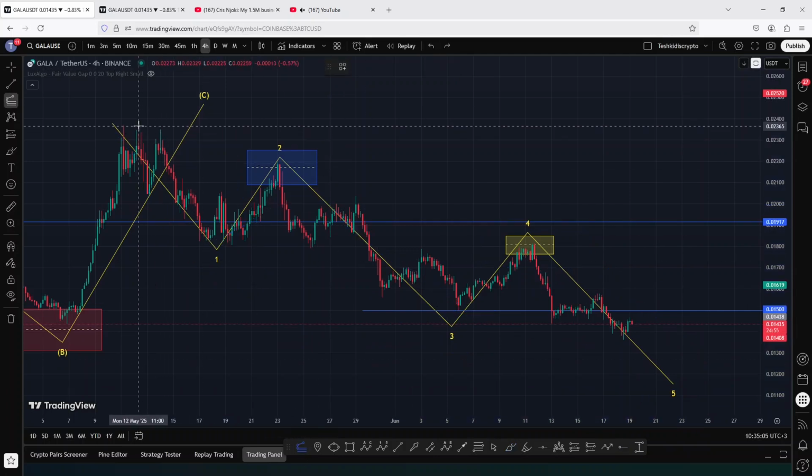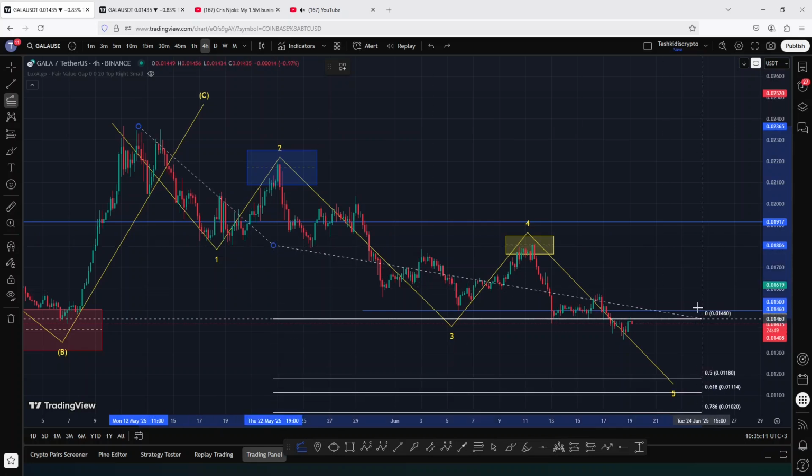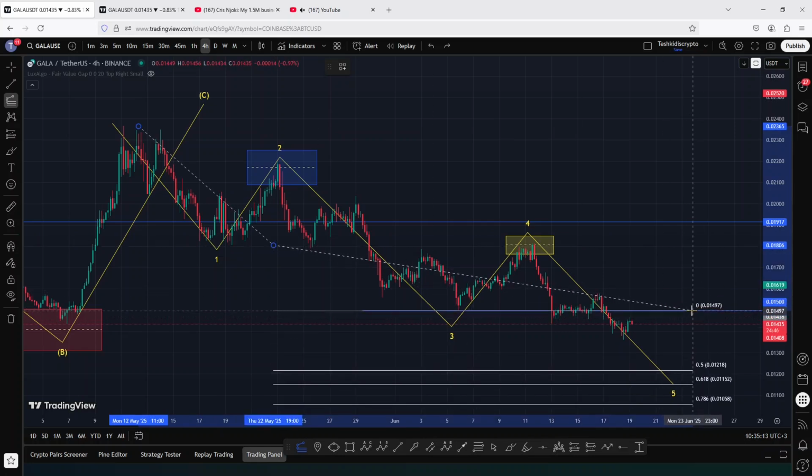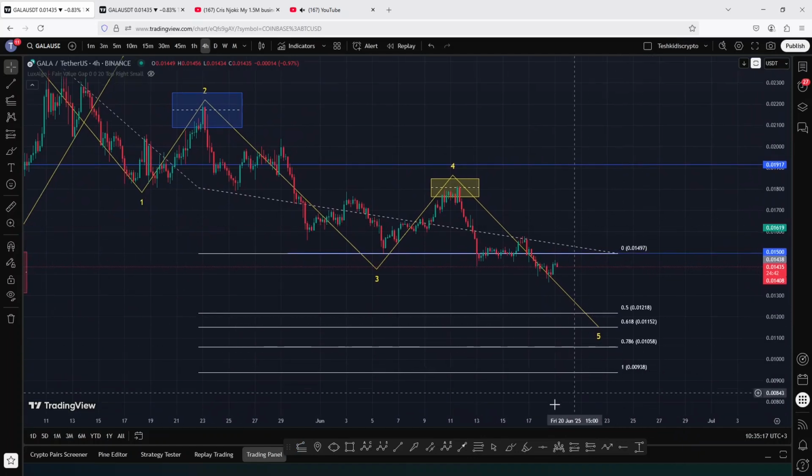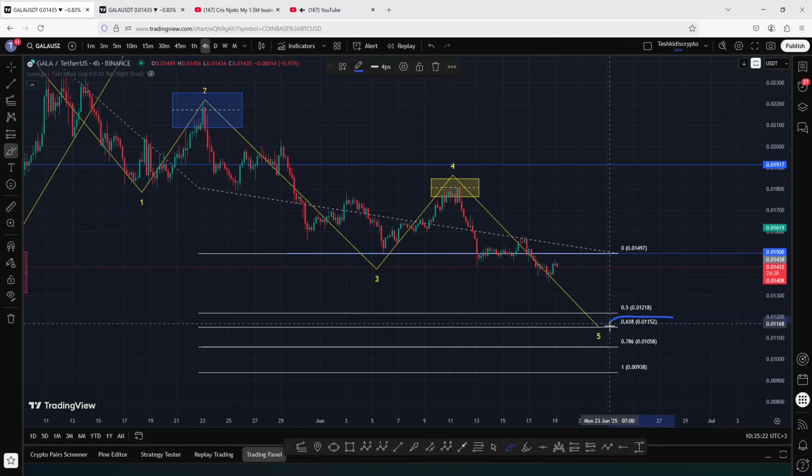whose minimum target areas can be given by connecting the fib extension from the high of the first wave to the low of that wave 1, then connecting the Fibonacci's to the lows we made in the formation of the wave 3, and on so doing, the area that I'm paying attention to lies on the fib level 0.618, and that lies above the 0.01152 as my next target area,